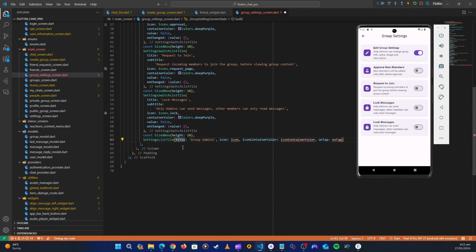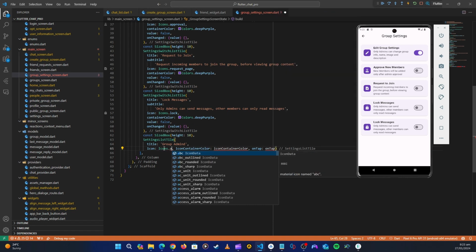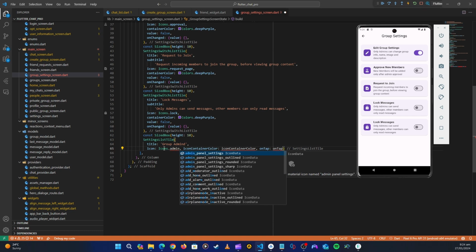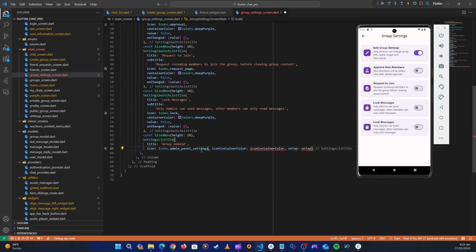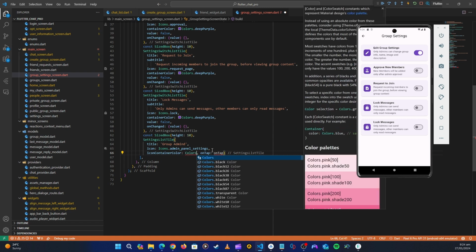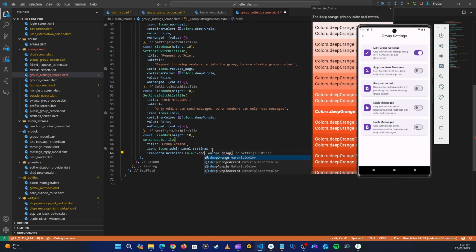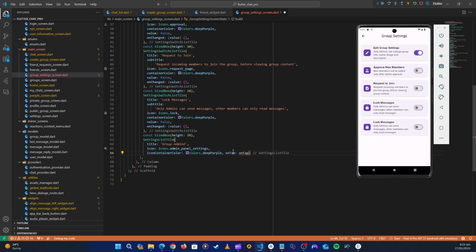And then let's also bring it down. The icon, let's have Icons dot, what icon are we going to use here? Admin panel settings. Yeah, let's try that one. And then the color, maybe I'm going to keep the same color. So you guys, even this one, if you want, you can put the accent color. And then on top here,